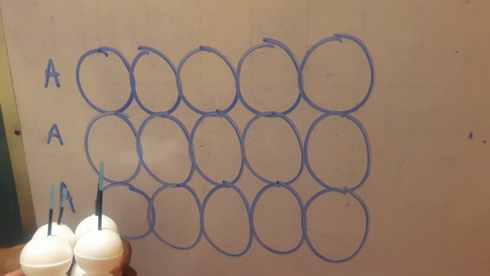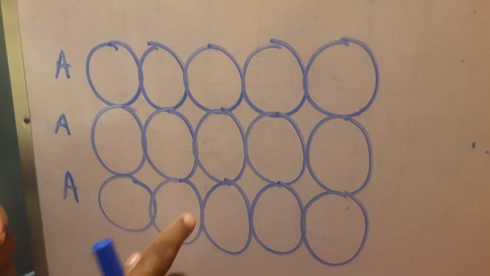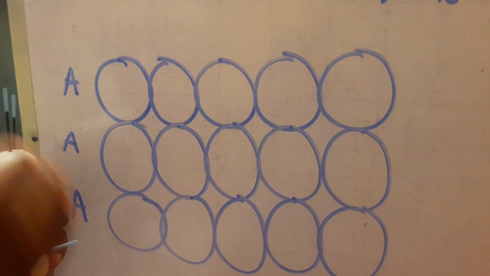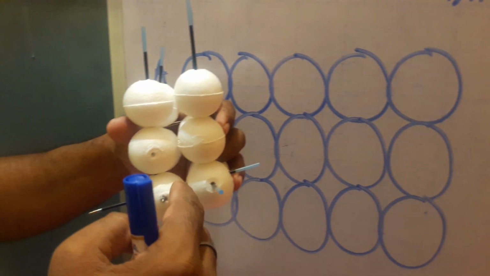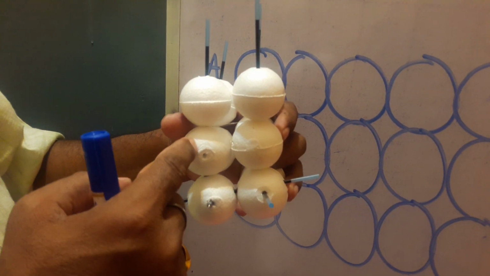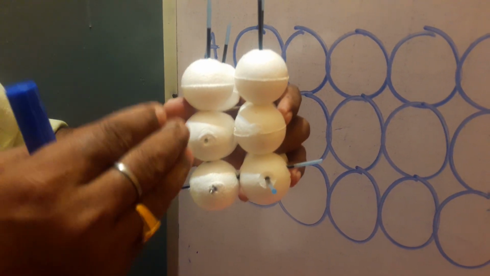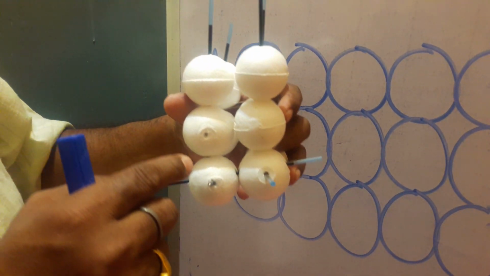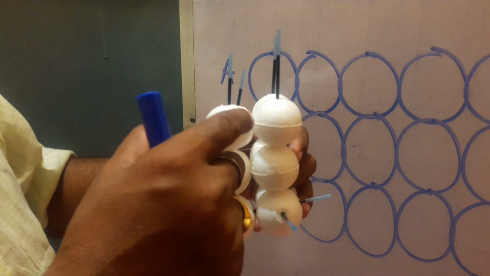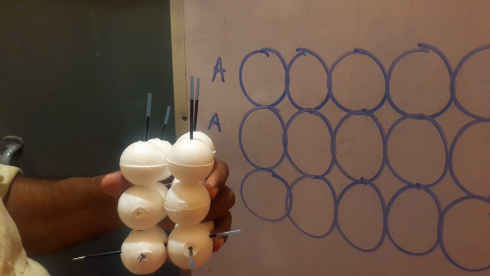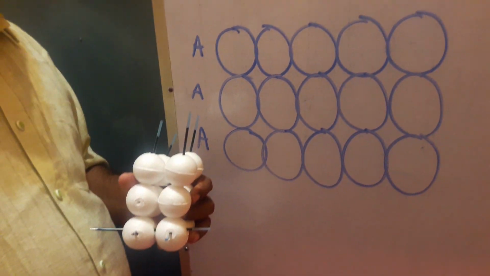Now close packing in 3 dimensions. In case of square close packing, when you build up the second layer and third layer, what do you find? This is the first layer, this is the second layer and this is the third layer. The layers are formed one after another, and the points directly touch each other. This type of packing develops what is called simple cubic close packing, the simple cubic or primitive unit cell.